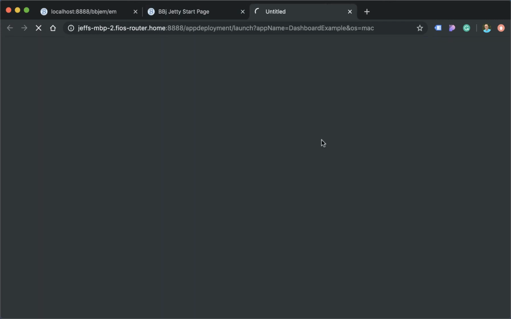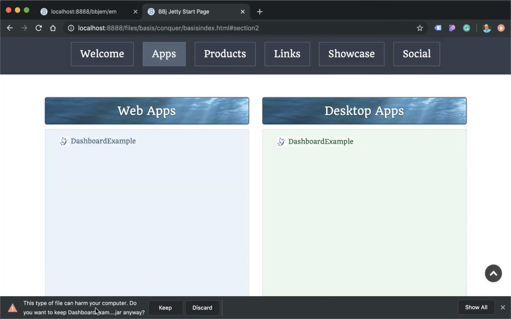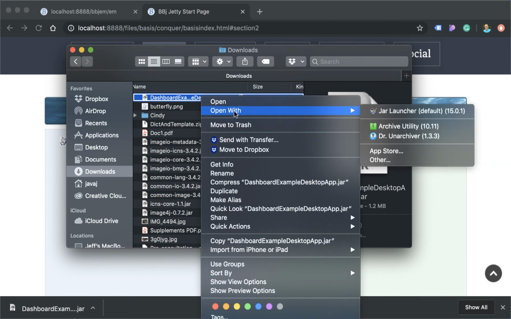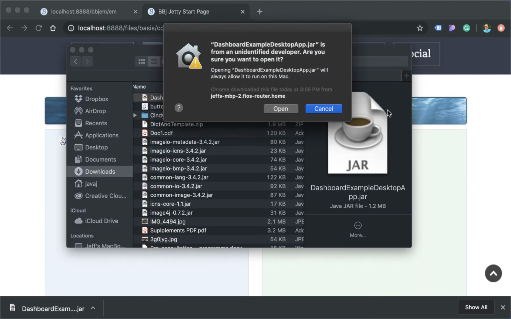Okay, so we are going to click on the link here. You'll notice it downloaded the file. I'm going to keep it, and it downloaded this file called dashboard example.jar. Let's take a look at that file. You can see here it's a simple jar file, and all I have to do is run that on whatever platform. So I'm on a Mac here, so I'm going to use my jar launcher to run that. On a Windows machine, you would just typically double click on that file. It would launch it and run it automatically, just like any other executable, as long as Java was installed on that machine. Now we run this,